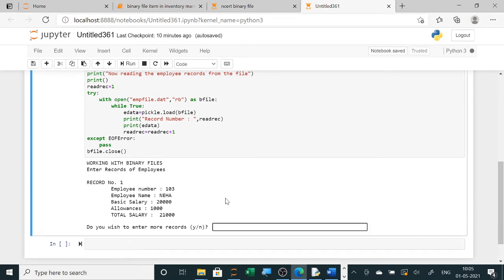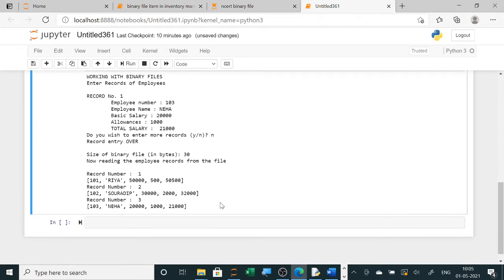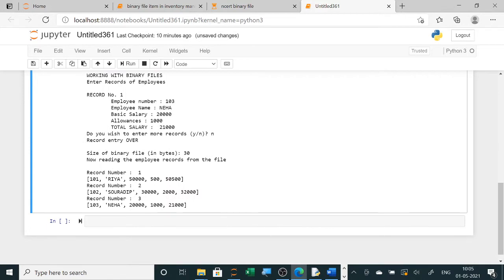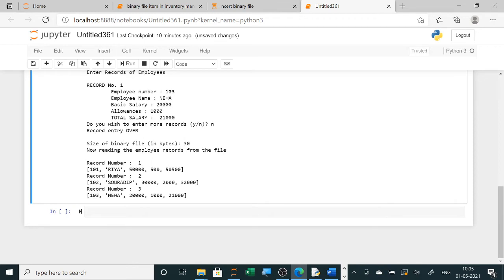Now it is over, so I am just entering here n, and you can see here it is showing the size in bytes. If you want to know how many records are there, then take one record size and divide by that number. So it will give you how many records, like 3 records are there. So if you want how many records, then divide it by 1 record size in bytes, automatically 3 records will be displayed. Now you can see the output directly, it has shown you the output.